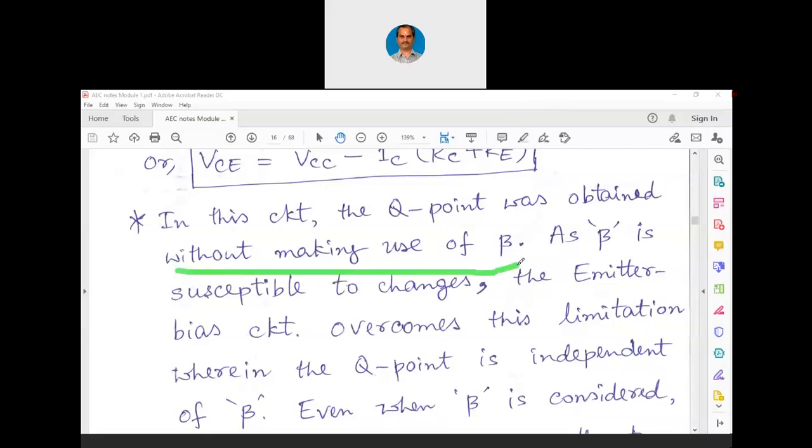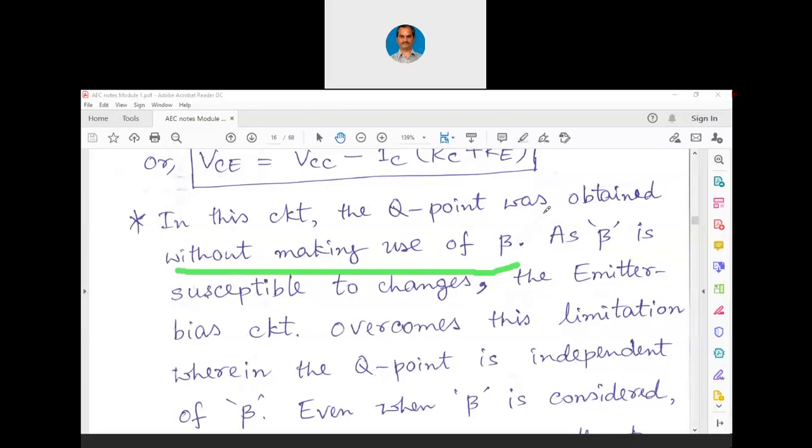We are not going to make use of beta in future. As I told you earlier, different transistors will have different beta. Now we can use any transistor for that matter in this particular circuit. Yeah, there is a question that IB is approximated to 0 because the voltage drop across RE limits the base current to almost 0. Correct. We can always ignore IB because IB will be in microampere, IC will be in milliamperes. Almost 1000 times difference is there. So the effect of IB will not be really important in this circuit now.